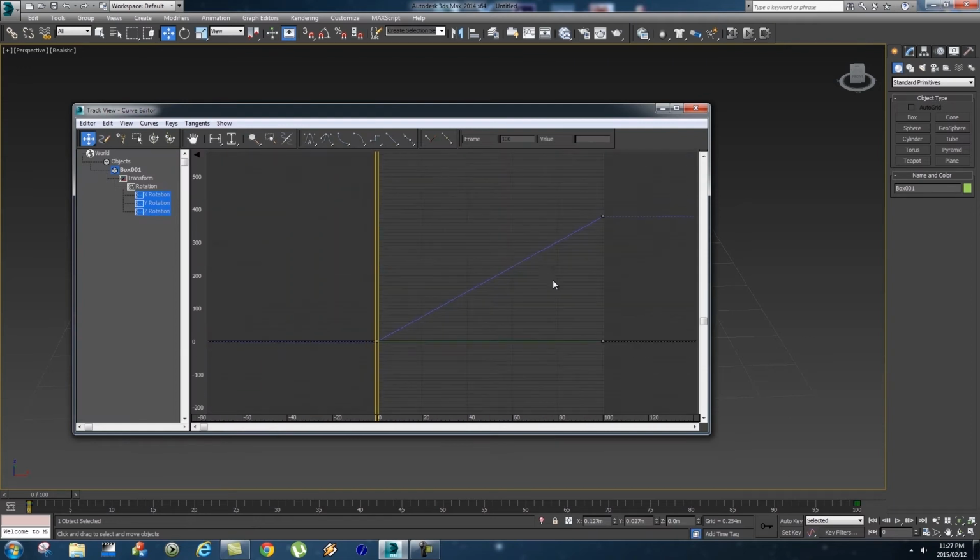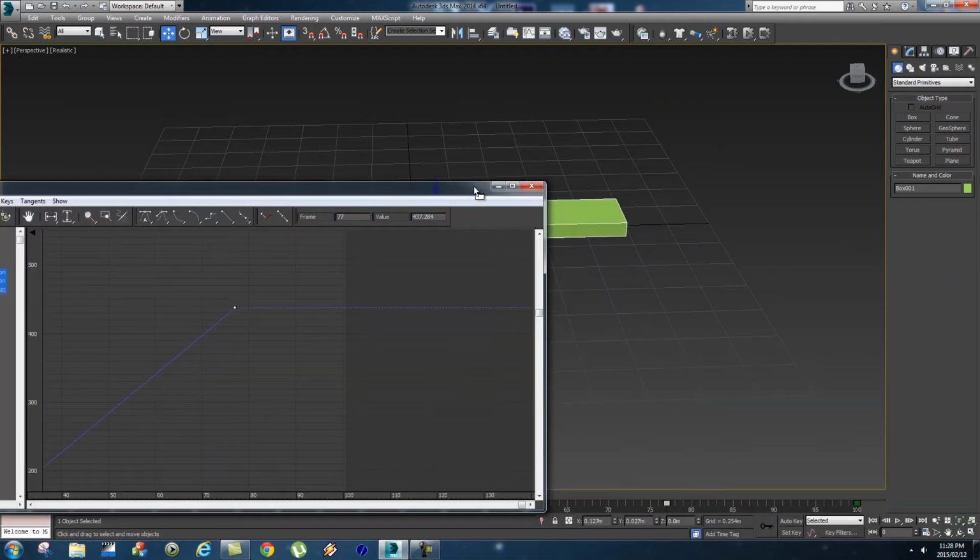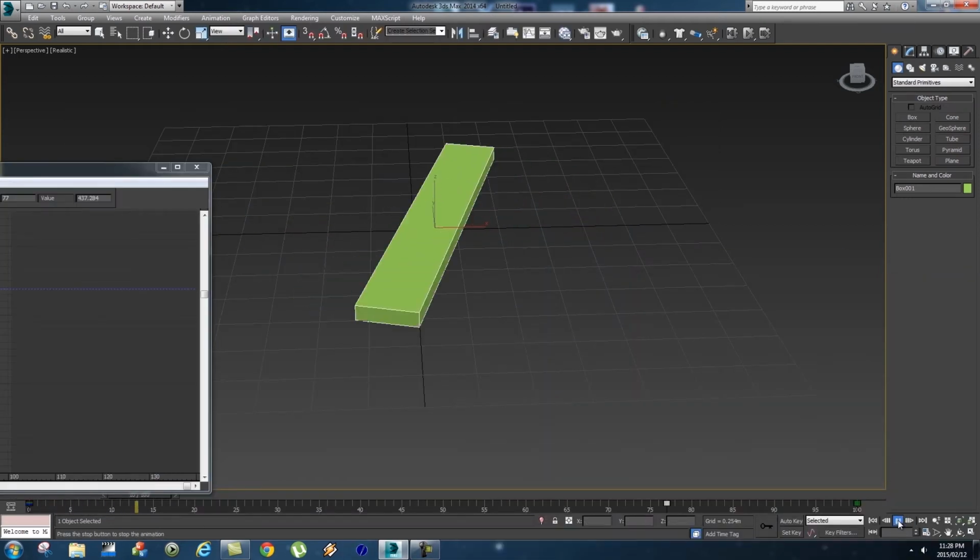So what we can do now is we can actually move this keyframe around. So let's just zoom in here a little bit, and with that first keyframe selected, you can actually drag it around. Just make sure that you're on the move tool here on the side. And if we move this keyframe, let's say to here, and let's just move this out of the way and play that back again,